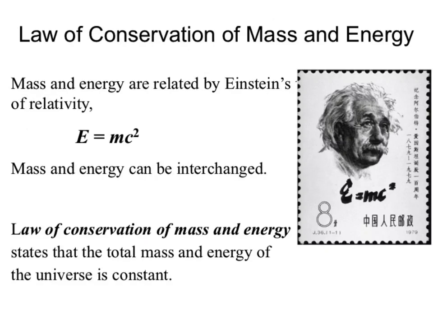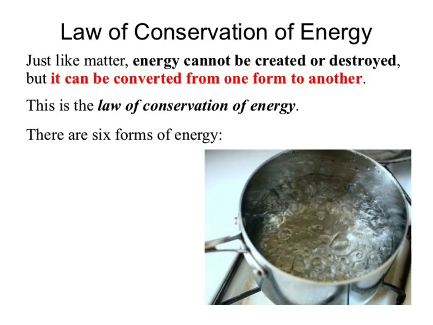Okay. Einstein came along and gives us that mass and energy are related to each other, or interconvertible, meaning that if I can't destroy matter, I also can't destroy energy. They're tied. Okay, so we get now the law of conservation of mass and energy. So in our conservation of energy, what are our forms of energy? Well, we get 6 of them. What forms of energy are you aware of?